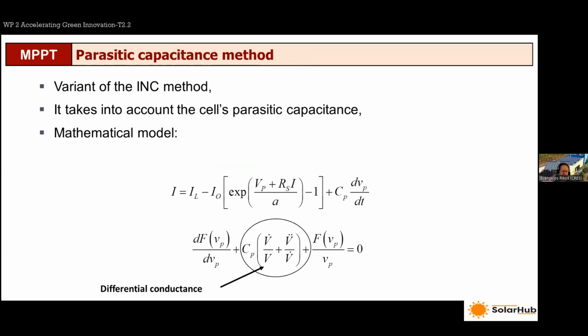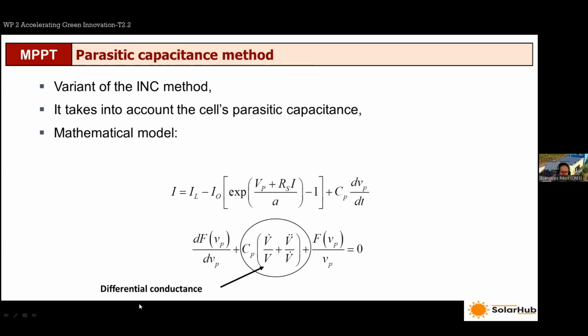A variant of this method that is based on the dynamic signal analysis, let's say small signal analysis, of the photovoltaic module, is the one that takes into account the parasitic capacitance of the cell. If you calculate the IV characteristic and you take also into account the dynamics of the voltage, then you have an additional term here that relates the voltage to the capacitance of the cell. This can be used in order to calculate with a specific formula the